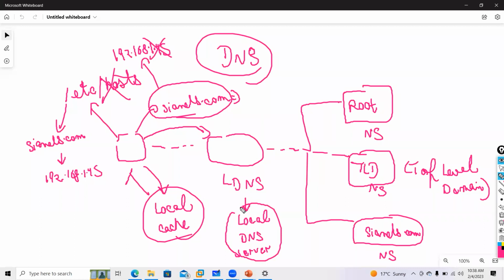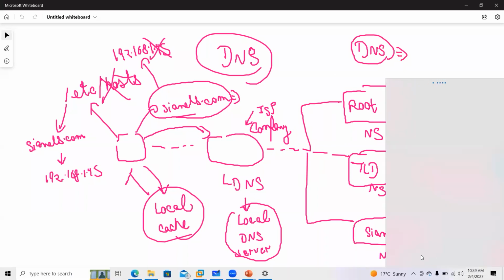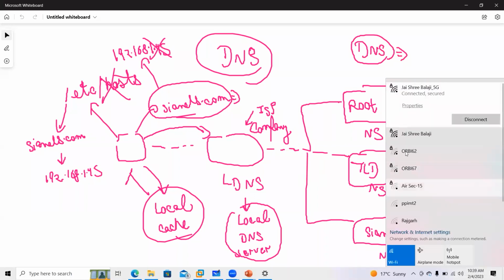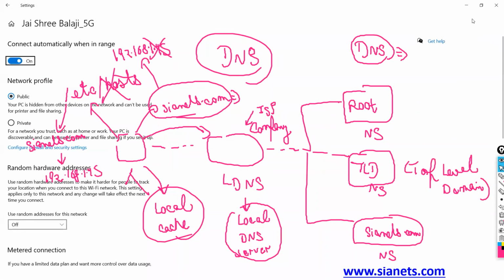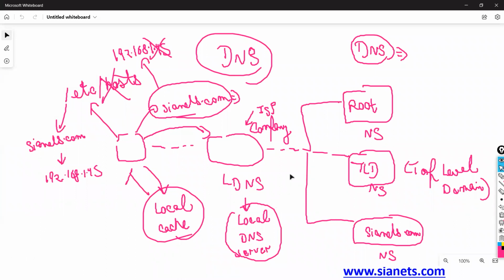What is this? This is any of your servers. Either this is managed by your ISP or it is managed by your company. Very, very important, guys. When you configure DNS in your laptop, what do you enter? So when I go here in my laptop, if I go to properties, just give me 1 minute.